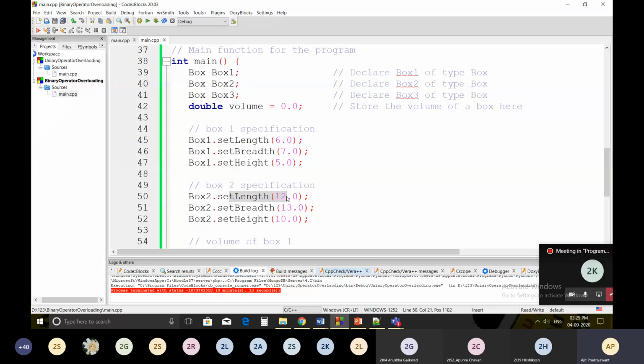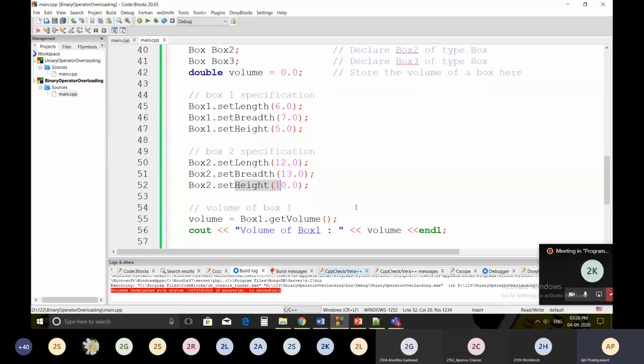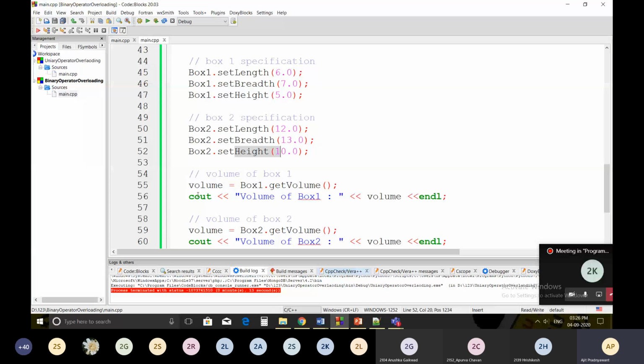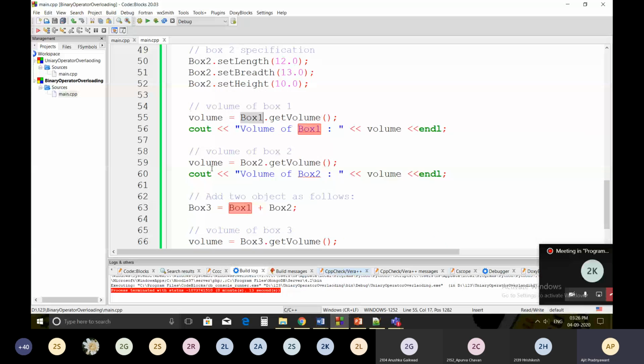Here the length is 12, breadth is 13, height is 10. And now volume is equal to b1.getVolume, we'll get the volume of box b1. Volume is equal to b2.getVolume, will print the volume of box 2.